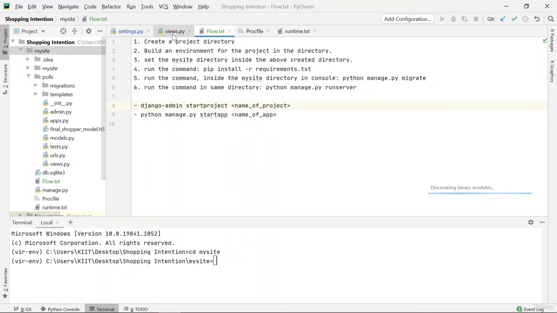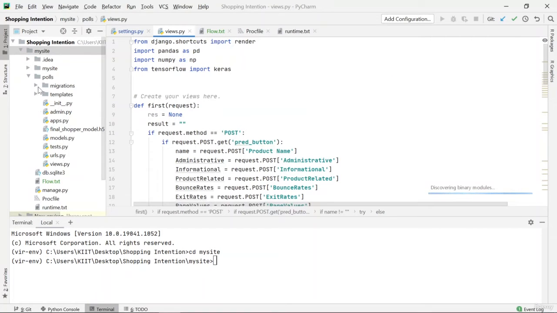You can see that views, which is inside my app itself, is where we are holding the code that renders all our pages, handles all the data that comes through our page and returns the data also.